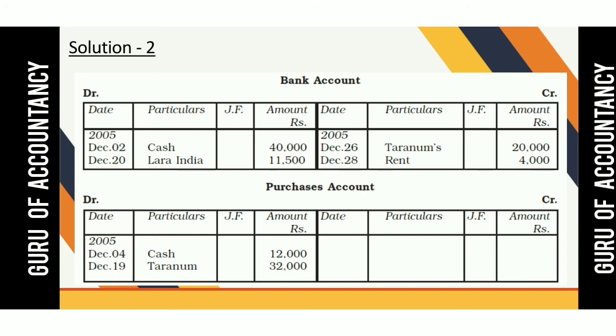After leaving two lines you will write it on both sides. So the difference will come on the credit side. Whatever the difference is, that will be your balance. Similarly in the purchase account you can see two items are given on the debit side but nothing is given on the credit side. So the total would be 44,000. That 44,000 total you will write on both sides in the amount column after leaving two lines, and the difference will come on the credit side, 44,000, and in front of that you will write by balance carried down.